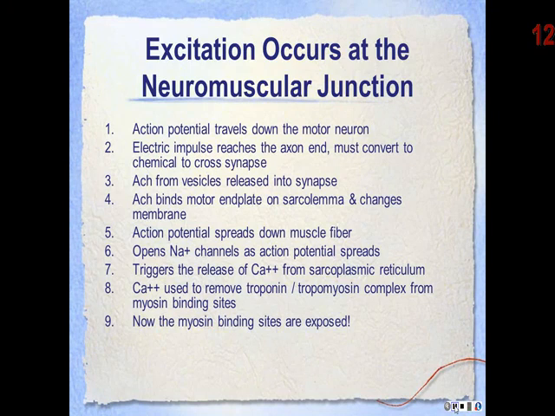The events that occur at the neuromuscular junction are the excitation of skeletal muscle. So the electric impulse is not able to cross the gap, so it will use acetylcholine to cross that space of the cleft. The acetylcholine binds the motor end plate for activation. That will turn around and open the sodium ion channels, allowing the flow of sodium across the sarcolemma,